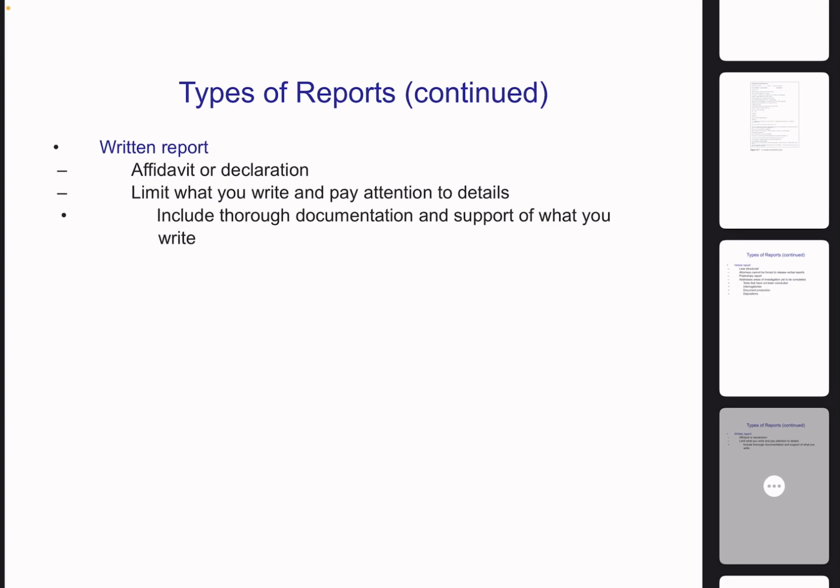Written report, affidavit, or declaration: limit what you write and pay attention to details. Include thorough documentation and support of what you write.